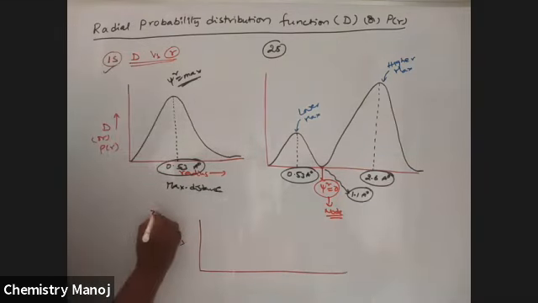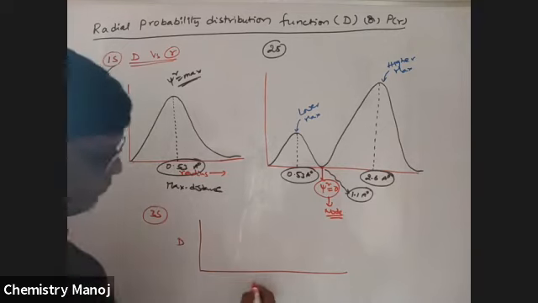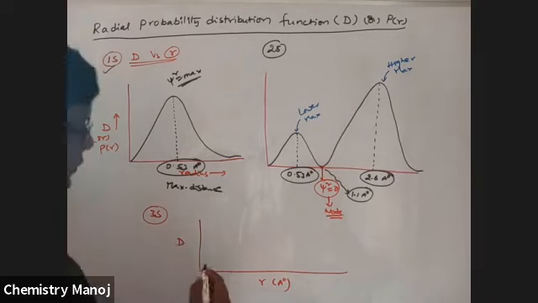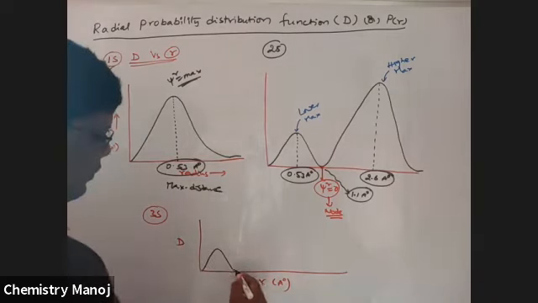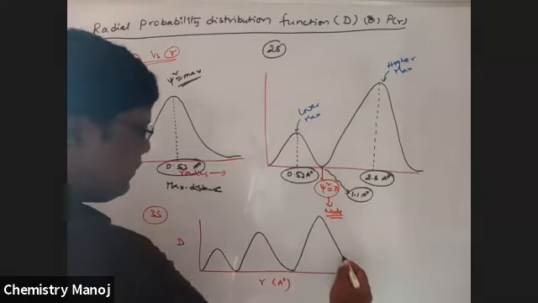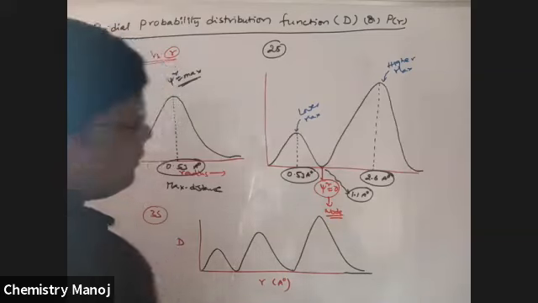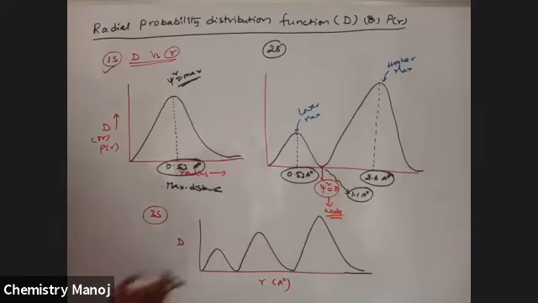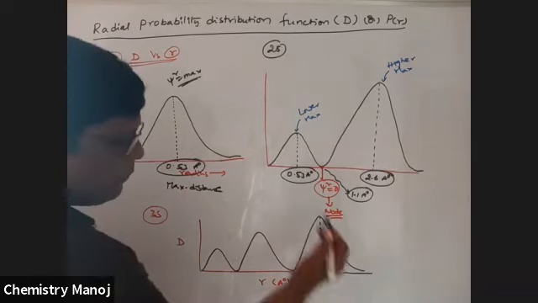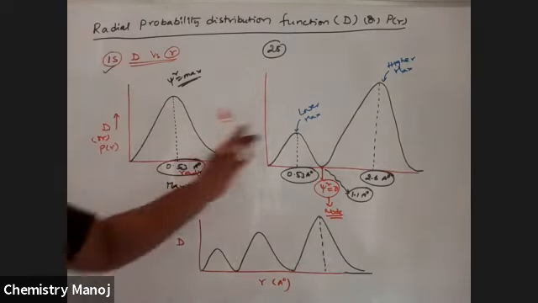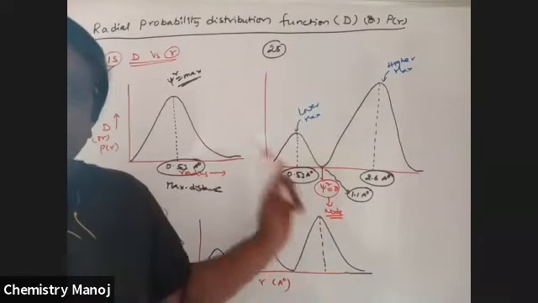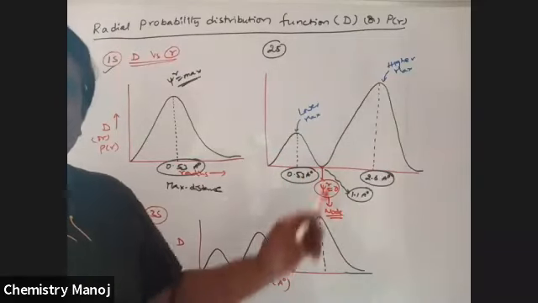So it is for the 3s orbital. D is radius in angstroms. Just like this. How many peaks are there? 3 peaks. It is the maximum distance. Sir, how are these values obtained? The lower maximum distance and higher maximum distance are obtained by using the psi function. So later I am going to discuss the psi functions.